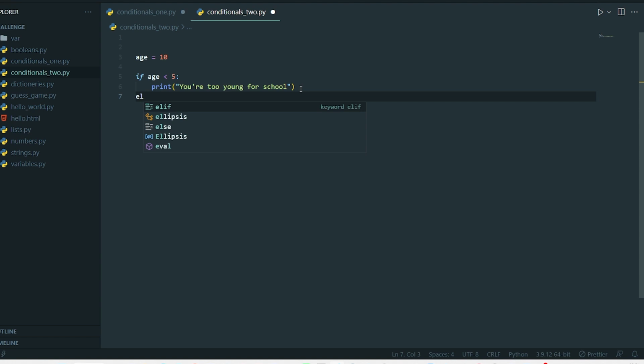We introduce the elif statement. Elif age. When you are talking about the elif, we don't put the colon instantly because we want to check another condition. Elif age is less than 10. Now we are checking if the age is less than, not less than 5, but less than 10. All right. So we say,